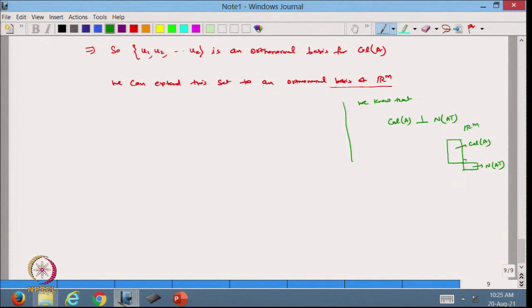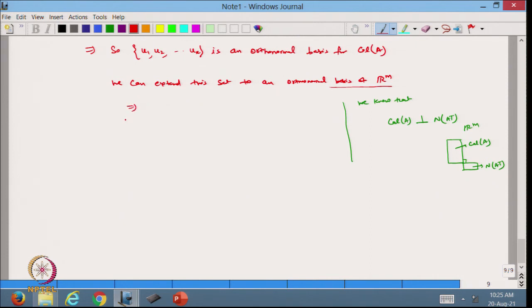So, now I know that the basis of this column space are also an orthonormal set, it is the basis of this one, and I want to extend this one. It means I need all the vectors which are orthonormal to all these vectors U1, U2, UK. So, I can choose the vector from the null space of A transpose, and that is also orthonormal, and then we are done. So, we can extend this set of orthonormal bases of Rm